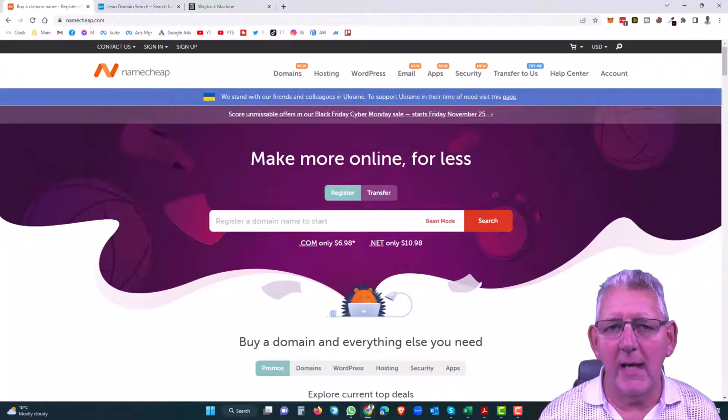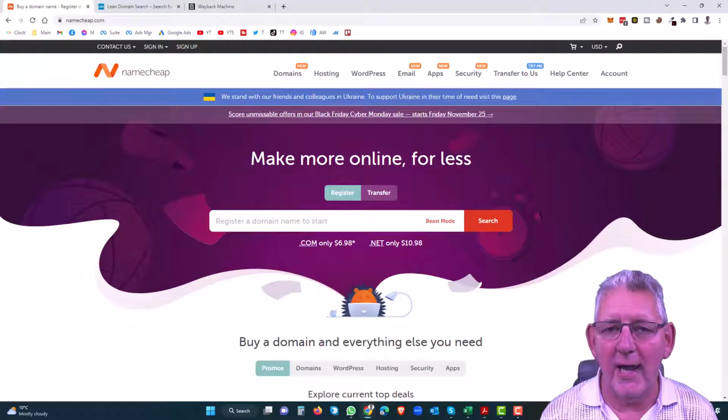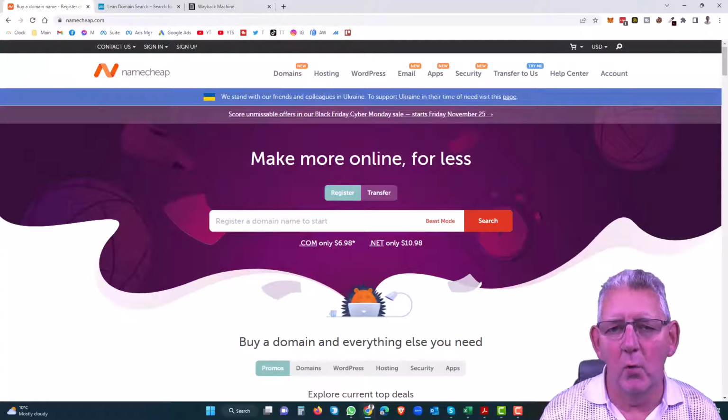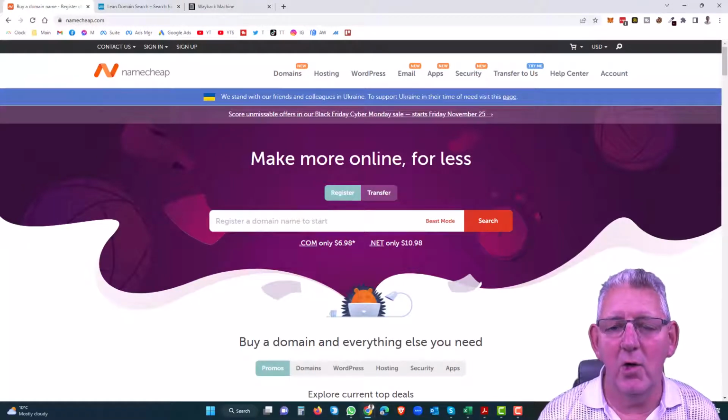Now let's start at the beginning and talk about the domain extension. That's the part that is .com, .net, .org. You should always be looking to find yourself a .com domain name. There's many reasons for this, but the number one reason is that if you've got a memorable domain name, most people won't remember the extension and therefore would type in .com in the hope of finding your website. So I always recommend that you make a bit of extra effort to find the .com domain name that's going to work for whatever you are promoting.